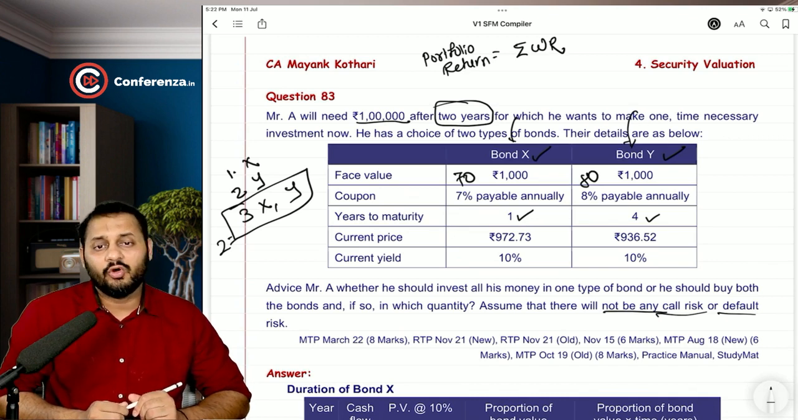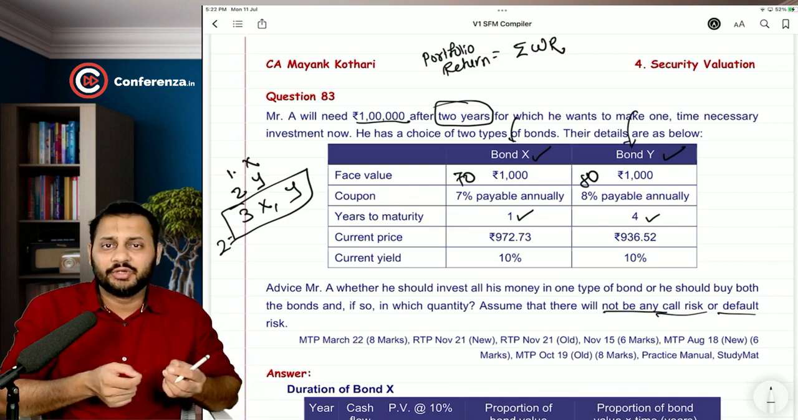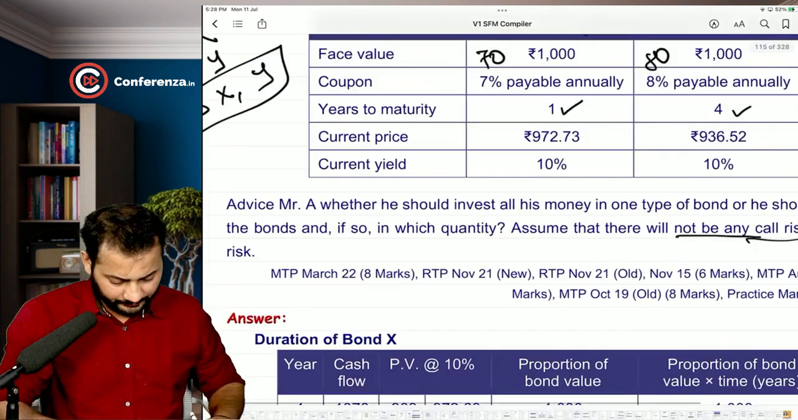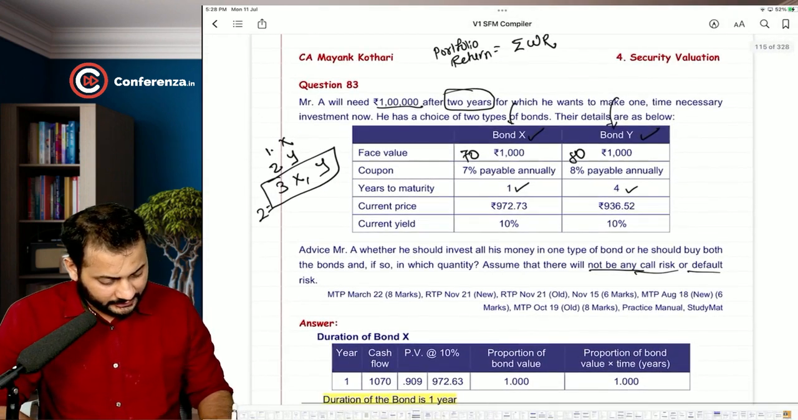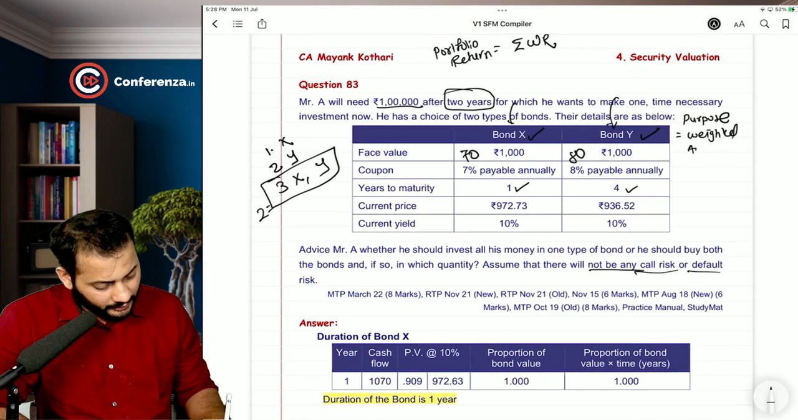Why? Because you want the money after 2 years. So you will invest in every bond in such a manner that the weighted average duration of the bond should be 2. So see, have a look. The purpose, please write down in this question itself. Purpose, weighted average duration